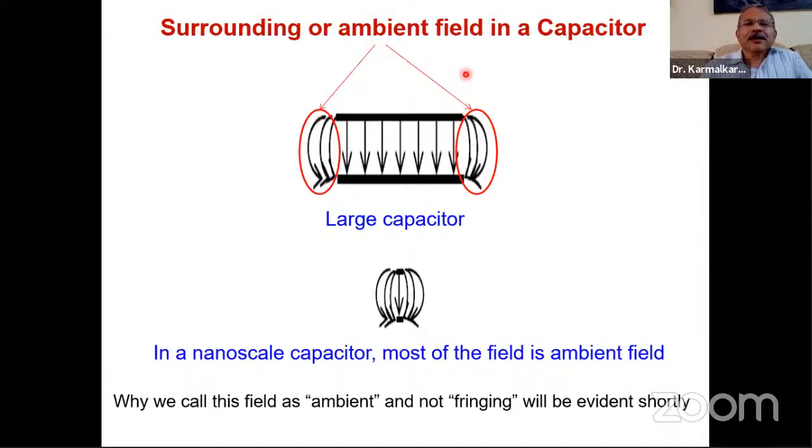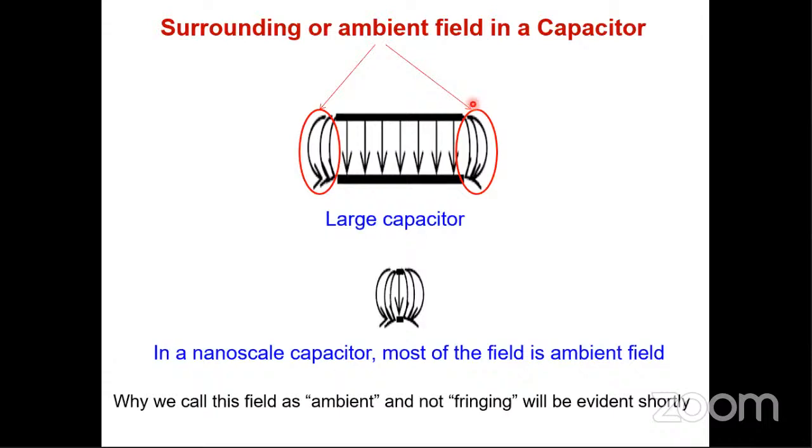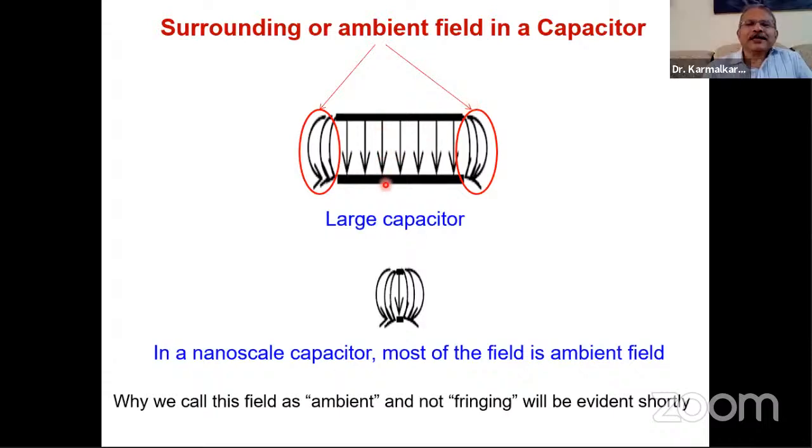So we start with what is this surrounding or ambient field. This particular field is explained using a parallel plate capacitor, which all of us are familiar with. When you have a large capacitor, which means the two plates are large, what is shown here is the cross section. The top view of this will be some rectangular plate. The field between these two plates, when you apply a voltage, will be mostly vertical, but at the edge you will have what are called fringing field lines like this. The field will not be restricted to within the plate area.